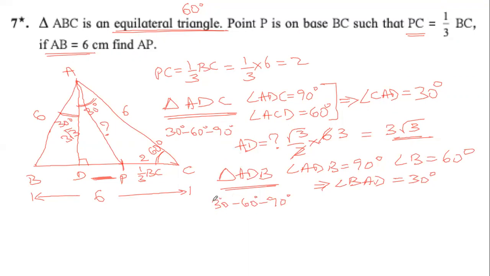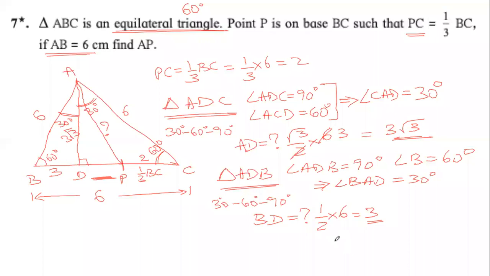Now, can you use the formula for 30, 60, 90 and find out the length of BD? Try, find and tell. Now BD is opposite to the 30 degree angle. And we know the side opposite to the 30 degree angle is calculated as 1 by 2 times the hypotenuse. Here again, the hypotenuse is 6 centimeters long. 6 by 2 is equal to 3. So this is 3.